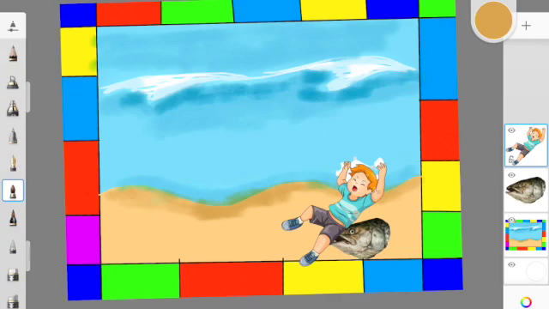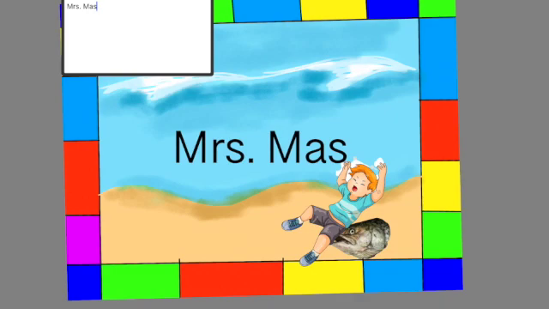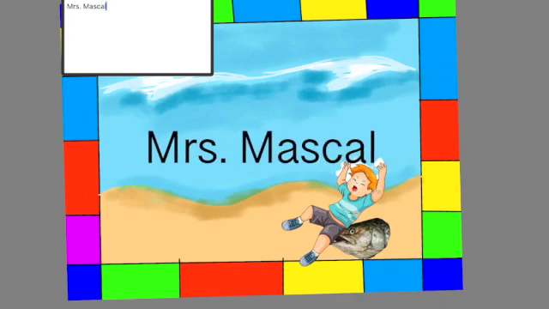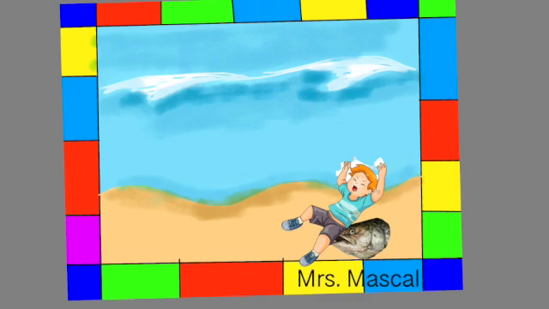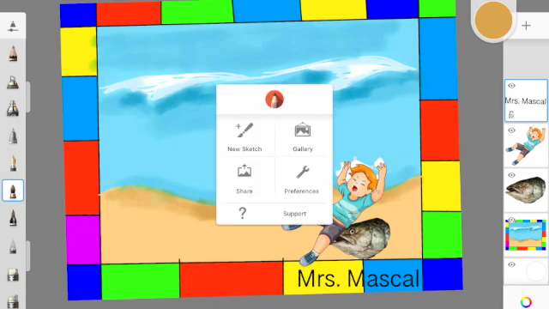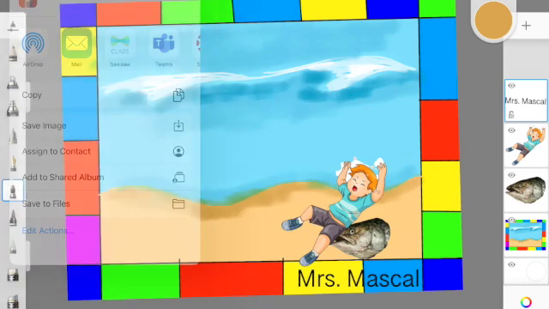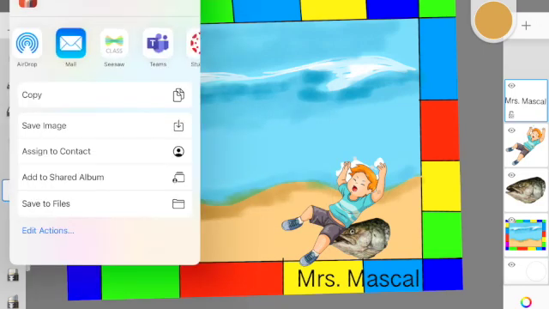Last thing you do before you are finished, you're going to put the text. Type in your name. You can type your class code. Remember, that is your number of your grade and the first letter of your teacher's name. So I can put Mrs. Maskell, drag it out of the way, done. And I'm going to save and upload to Canvas. I'm going to hit the hamburger, share, save image, one more time, hamburger lines, and then at the top you